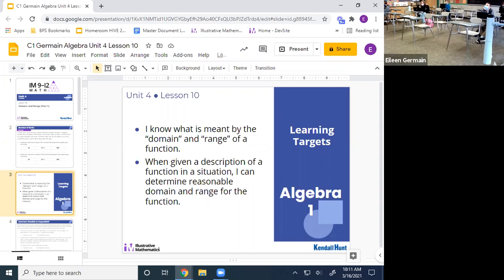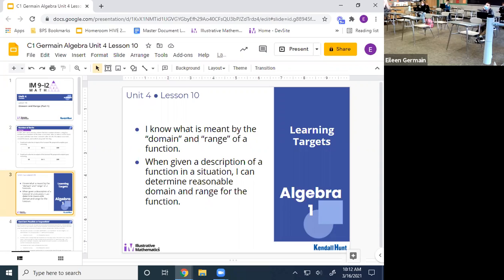When given a description of a function in a situation, we're going to be able to determine reasonable domains and ranges. So we're going to look at a story and say, logically, what are these input values going to look like? What kind of numbers can't we have? What kind of numbers can we have